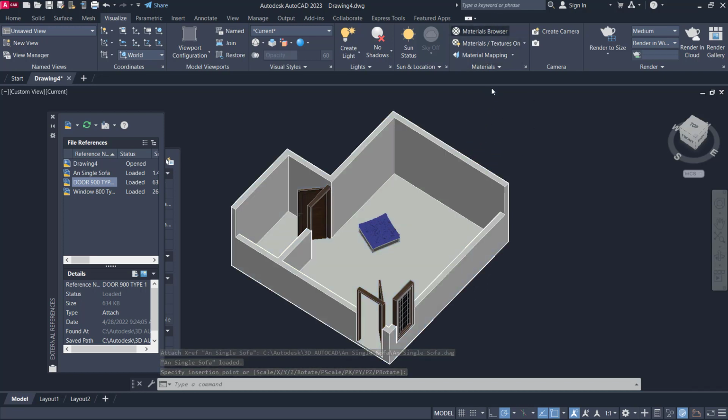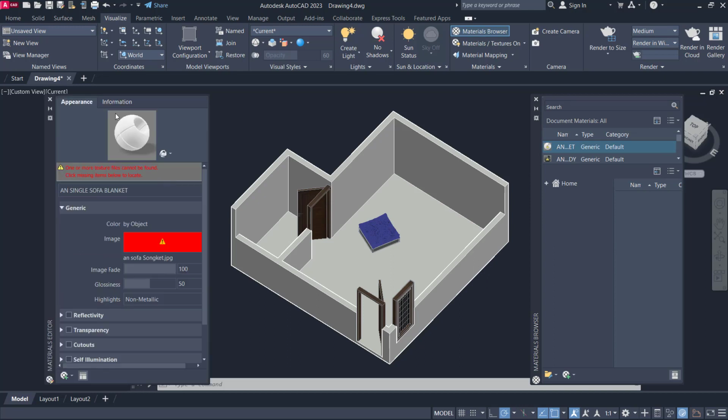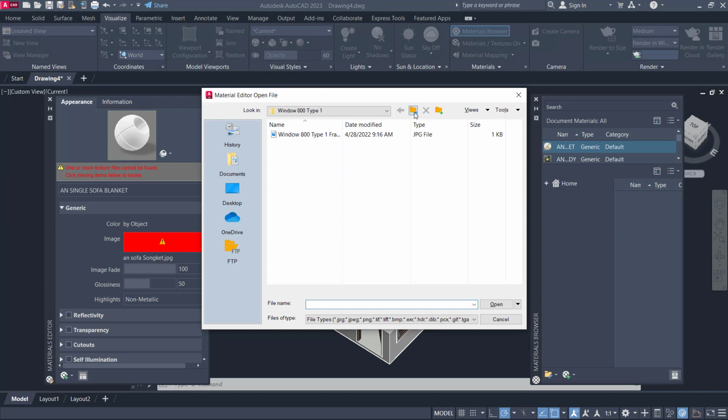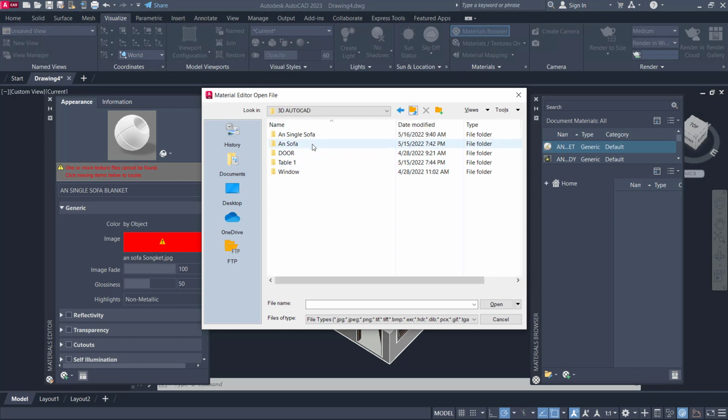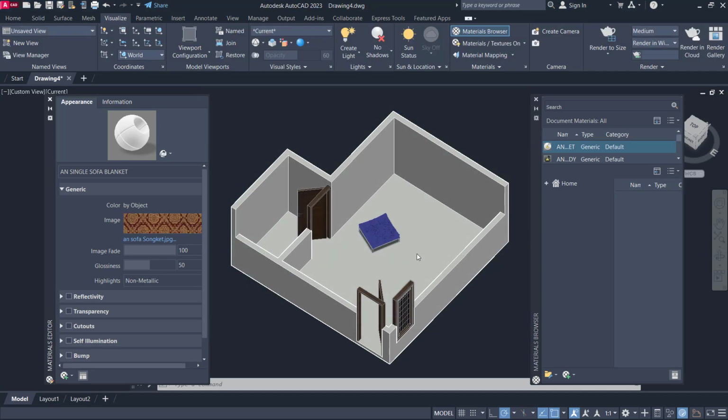We're waiting to open the material browser, and you can see we have this error for material. You can double click. It will show the appearance, click sofa texture and move into this single sofa and use this JPEG. Click open, so it will be automatically fixed.